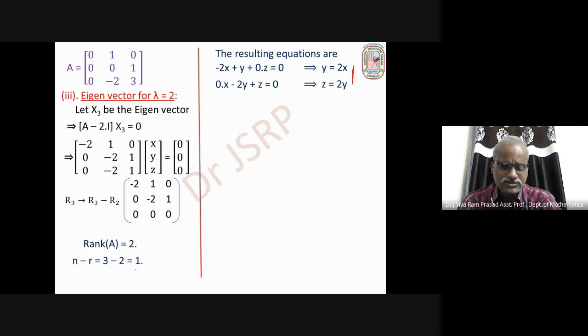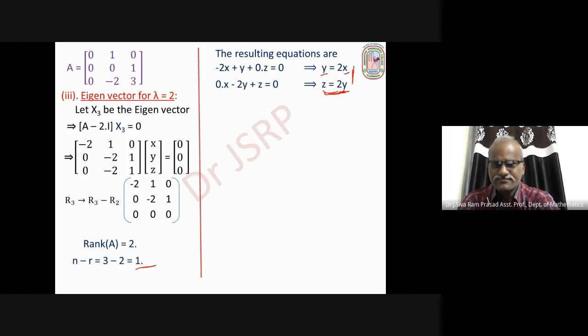Okay, but we choose one variable as some arbitrary constant. So which variable do we choose? Choose the variable as arbitrary constant to avoid fractions. Okay, suppose if we take y equal arbitrary constant k, then we get z equal 2k, but y equal k means here k equal to 2x, from that x equal k by 2, you get fraction. Okay, right. So other way, choose